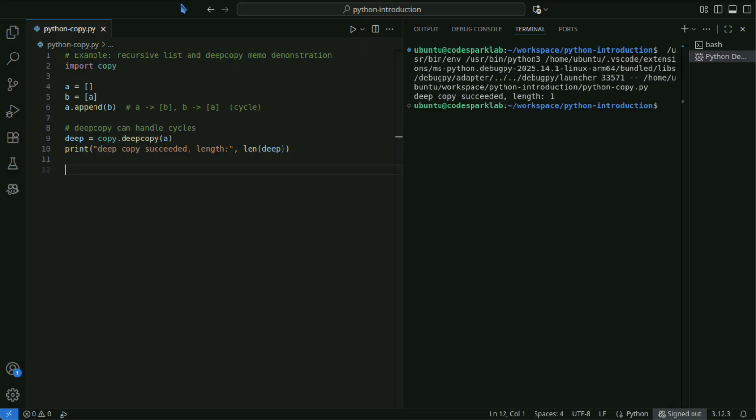If you want to register special copying behavior in coordination with libraries, you can use the standard copyreg module to register how objects are reconstructed. This is useful for complex objects and C extension types.